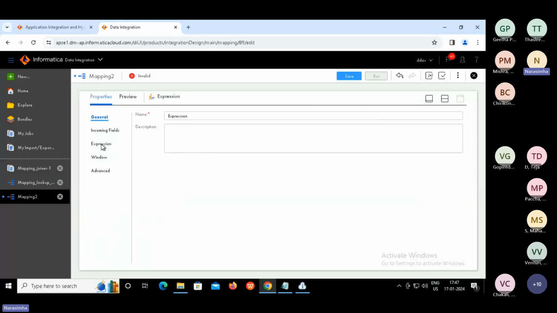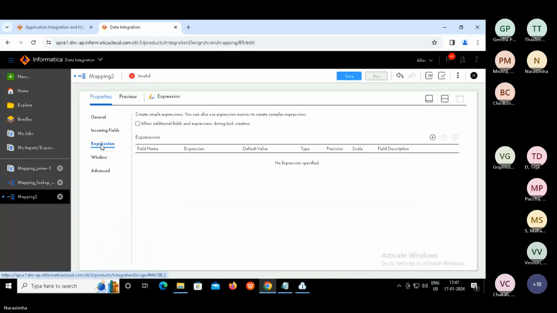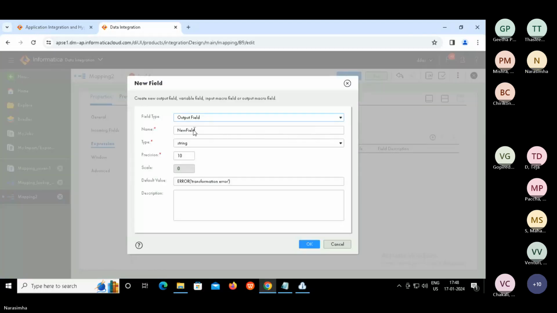Now go to expression transformation, where we need to understand how to make a call to lookup transformation. Within expression transformation, click on plus. Here we can say return, from where?